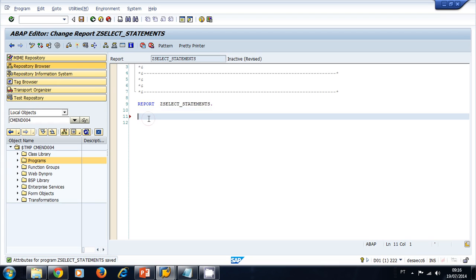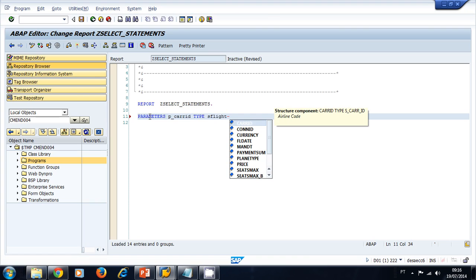So now let's start by declaring some parameters in the screen. So we can ask for an airline ID, a flight number, and a date, and we can use those parameters to execute select statements to database tables. So let's declare a parameter type. I'm going to use the SFlight table to select my data from, so I'm going to use its fields also. So I want the type,